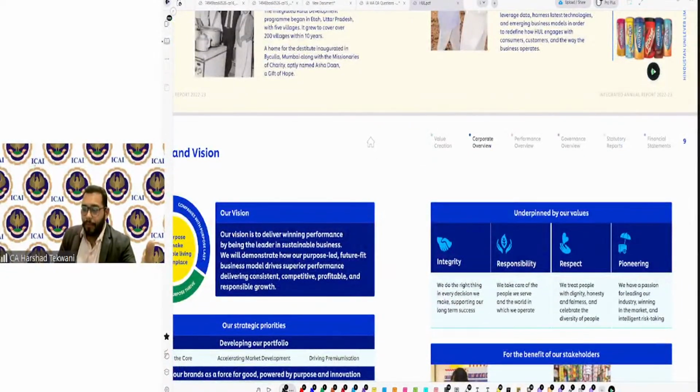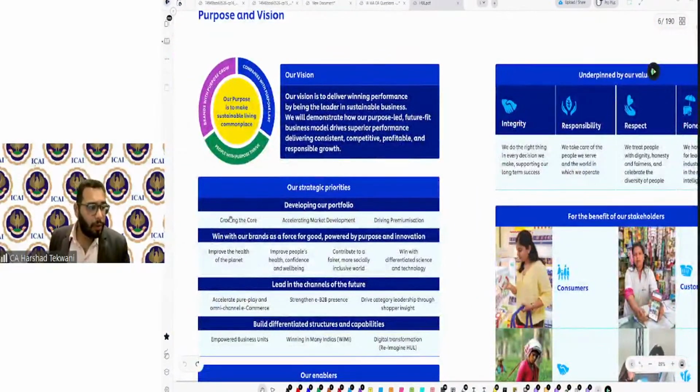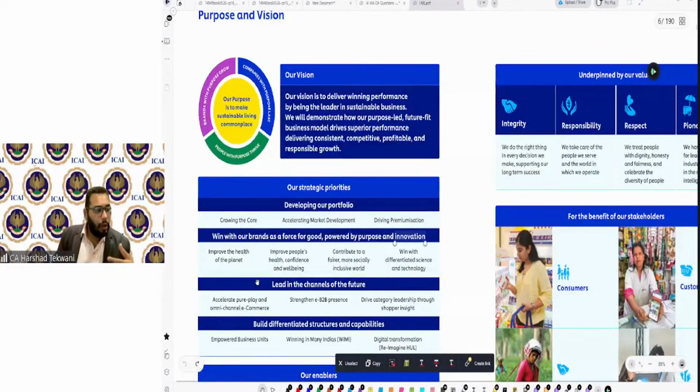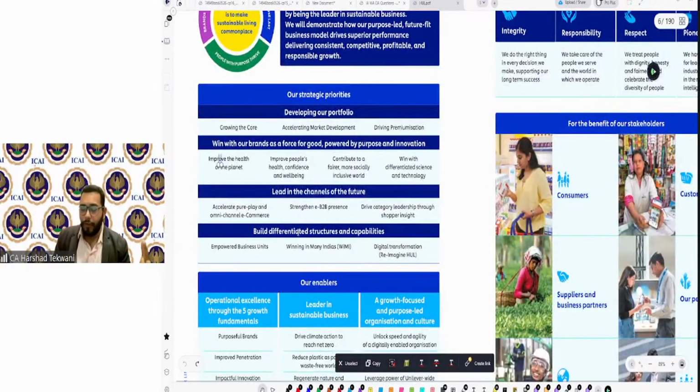Now, internal audit has a role and responsibility to check whether the company is moving in this direction or not, in the direction of the vision and the priorities they have set. For example, their strategic priorities are growing the core business, accelerating market development, driving premiumization, and improving the health of the planet. Whether the decision making of the company is in this direction or not. These are certain goals, and the achievement of goals and objectives is something internal audit has to review. And if I show you something more on this particular line,